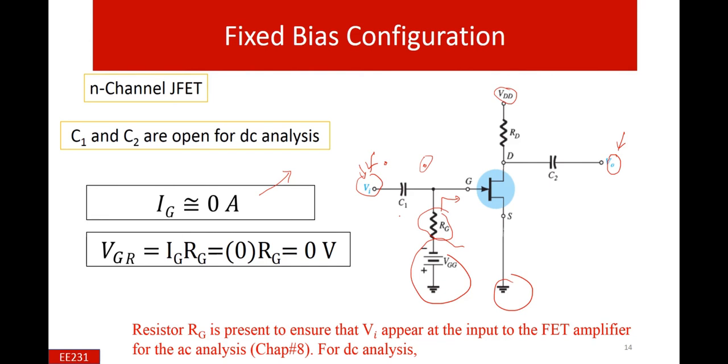So in this case, the current in this terminal is zero, and when we apply Ohm's law, current multiplied by the resistance, the voltage drop across this resistance is zero. And this is a very interesting case: this terminal has no current, and we are applying some biasing voltage here, but actually this terminal's effect in DC analysis is like this gate is connected to the source terminal, and this is a very important effect for the DC analysis.